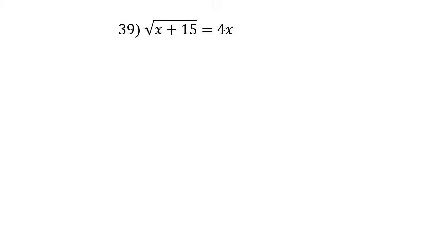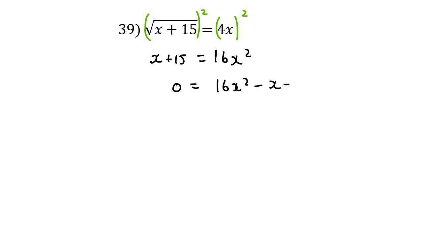Luckily for this one, the square root is already by itself, so we can immediately square both sides. And so remember that when you square both sides, it gets rid of a square and a square root. They cancel each other out, and so you're only left with that. And then 4x squared is actually 16x squared. I'm then going to take everything to the right. I would then use the quadratic formula, and we'll find that x is 1, or x equals